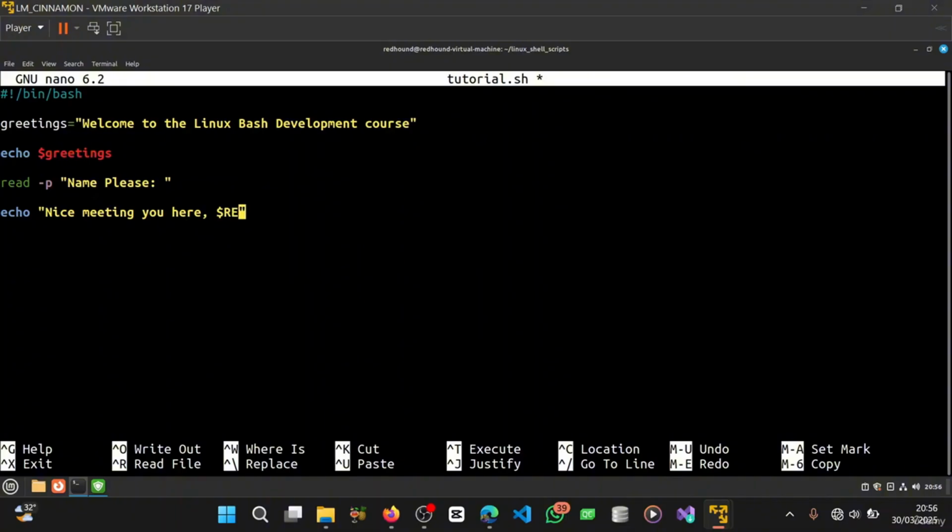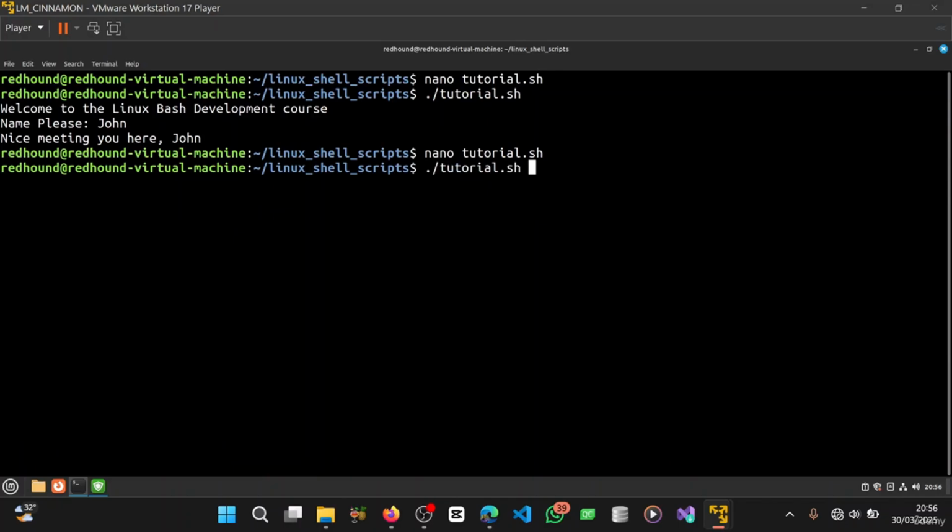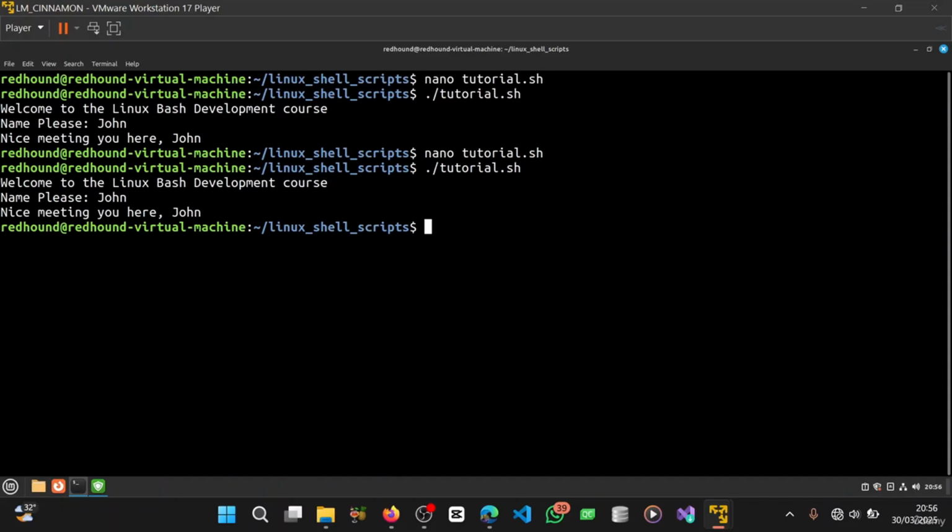Now let's run that again. Name please, John. So you can see either way, you can make use of the default reply variable, or you can also make use of your own self-defined name or variable where to store